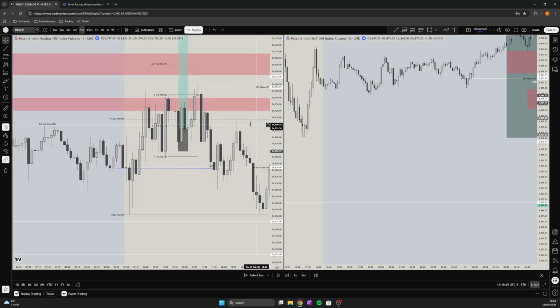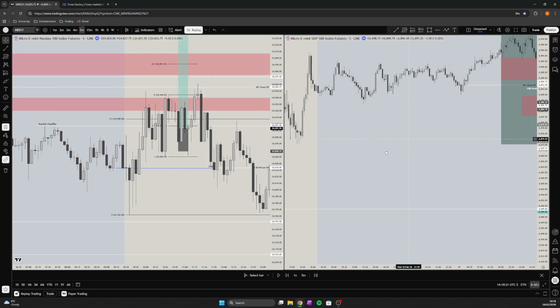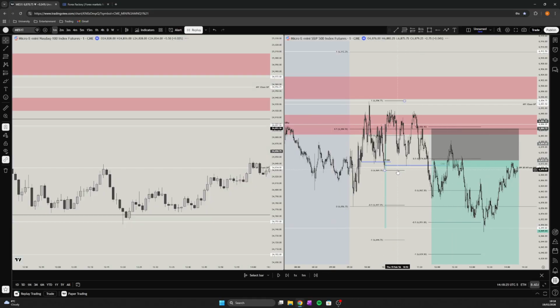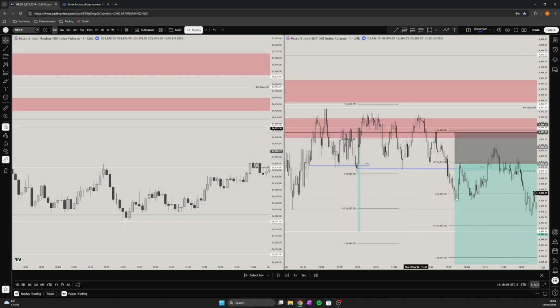And obviously, this trade was just taken in the wrong direction. Wait, it's the wrong trade I'm looking at. This one. That trade was taken here. The first trade was actually in the correct direction of the bias, right? But